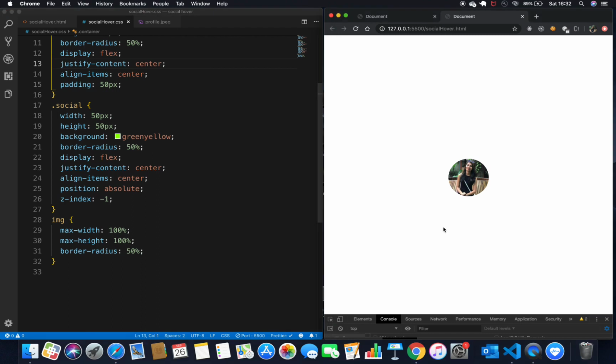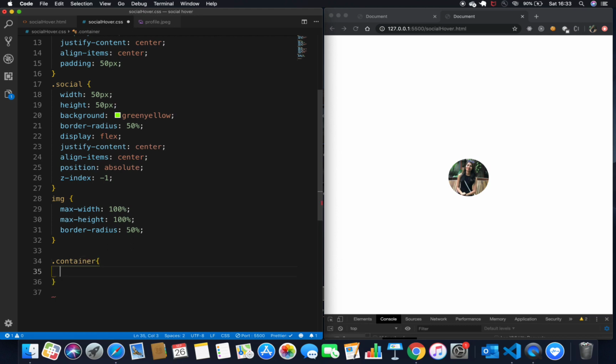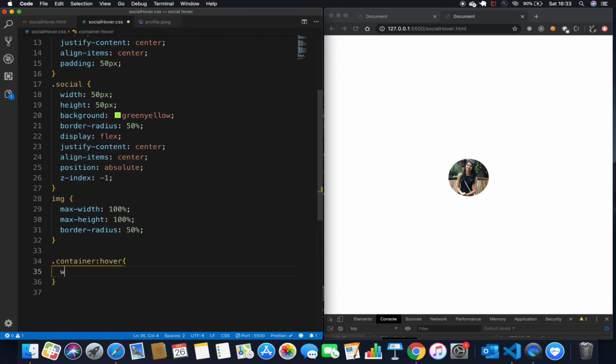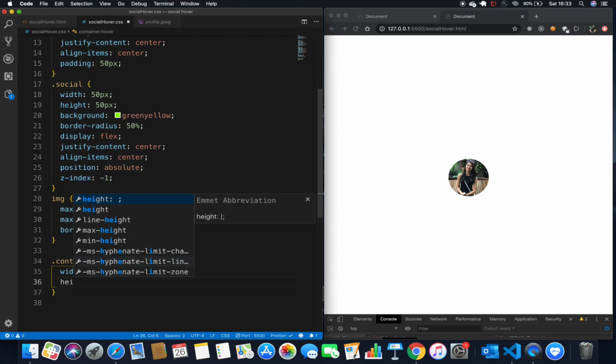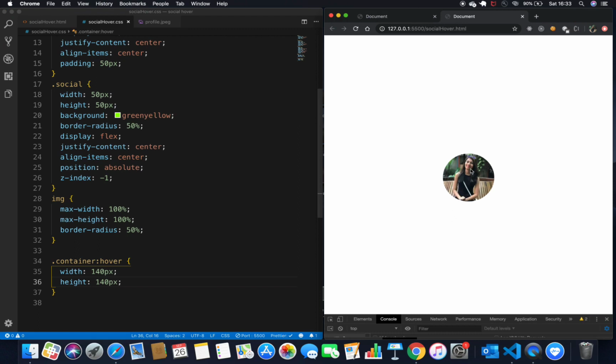So the next thing, we are going to animate this image here. When we hover on the container, width and height should basically increase, right? So basically to my main container, I'm going to add on hover, right? The width and height should increase. So the width was 110 pixels, I'll make it 140 pixels. On hover it should be 140 pixels, and also the height should be 140 pixels, right? So let's check that out. Yeah, it's basically increasing, right, when we hover on it, but then there's no smooth transition on it.